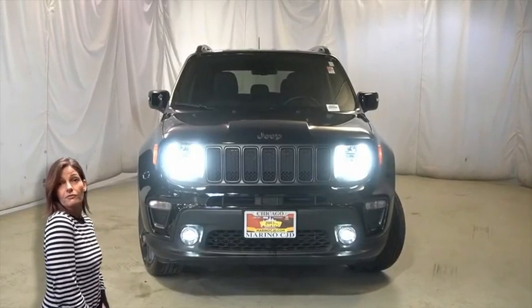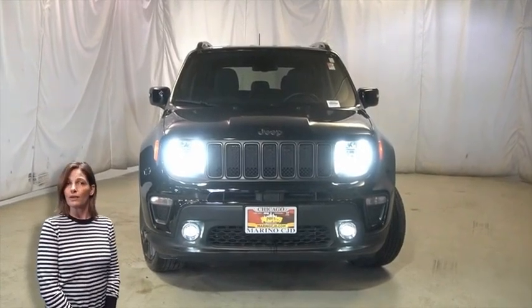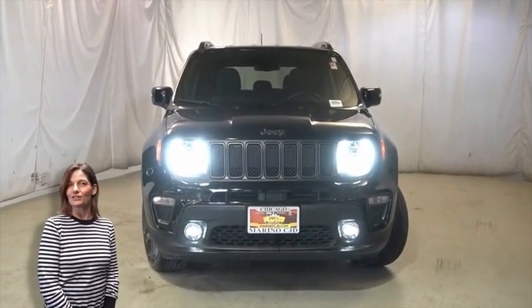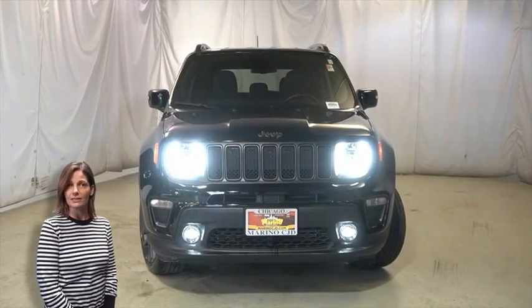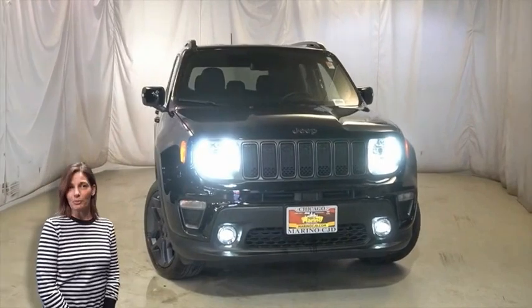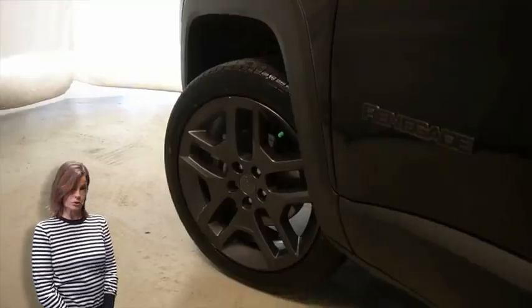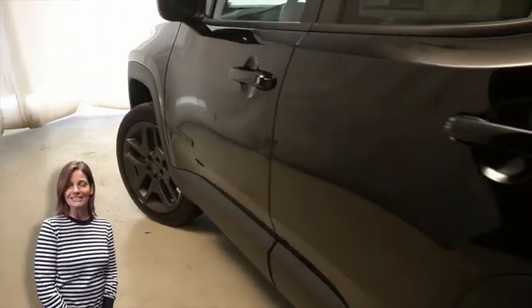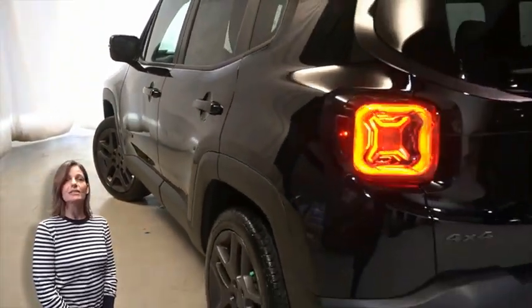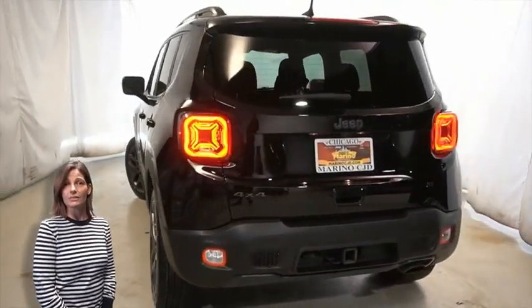If you're looking for a functional compact SUV with reliability and safety for the whole family, then take a look at this certified pre-owned 2019 Jeep Renegade Limited in black clear coat. With bifunction LED projector headlamps, LED cornering fog lamps, 19-inch aluminum wheels, satin granite exterior accents, LED tail lamps, tow